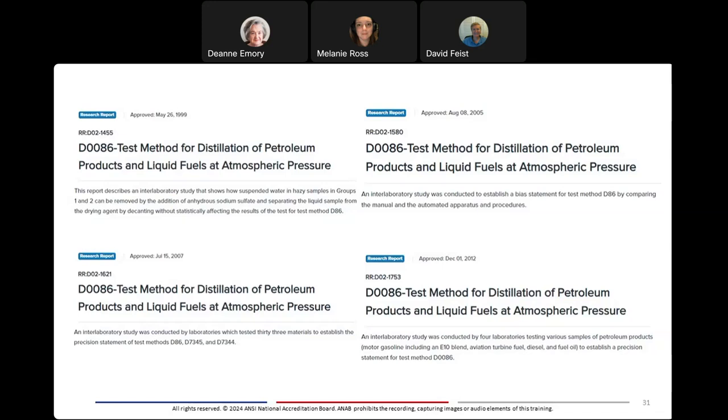In 2005, the committee conducted another interlaboratory study to establish a bias statement comparing a manual method and automated apparatus and procedures, both of which are covered by D86. In 2007, the committee tested 33 materials by interlaboratory comparison to establish a precision statement for these materials. And finally, in 2012, a small study was conducted to further establish precision statements for various types of petroleum products